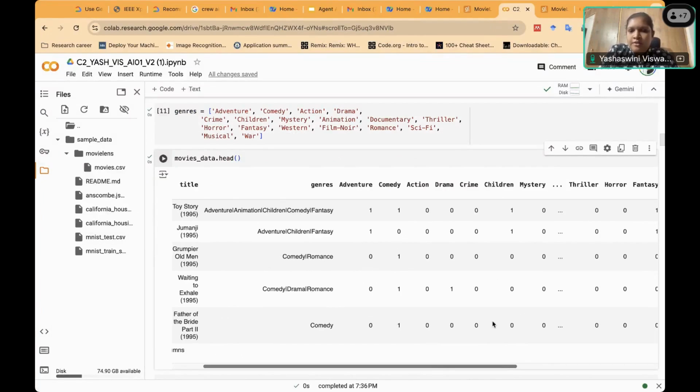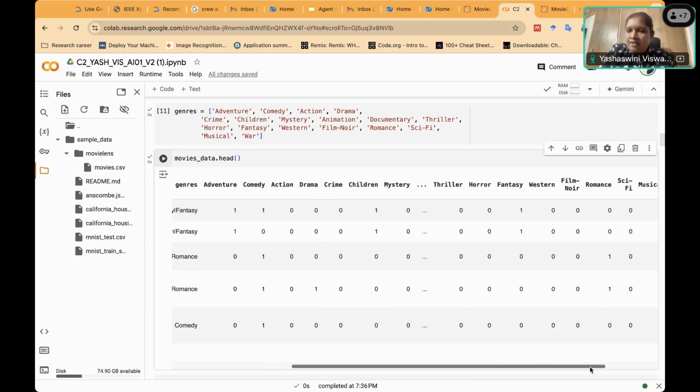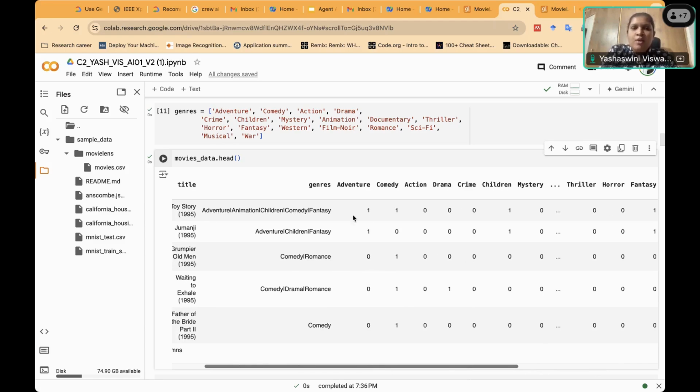For all the rest of the columns, you will have 0. For comedy, drama, romance, comedy is 1. Sorry, not data, it's drama. Comedy, drama, and romance. So the romance column has 1. So this is how one-hot encoding will be.